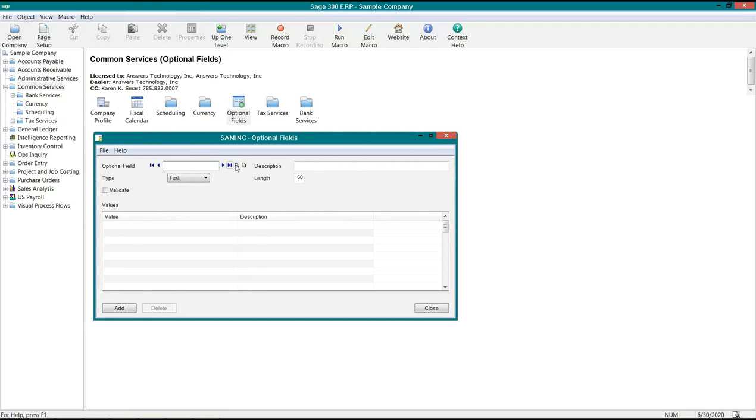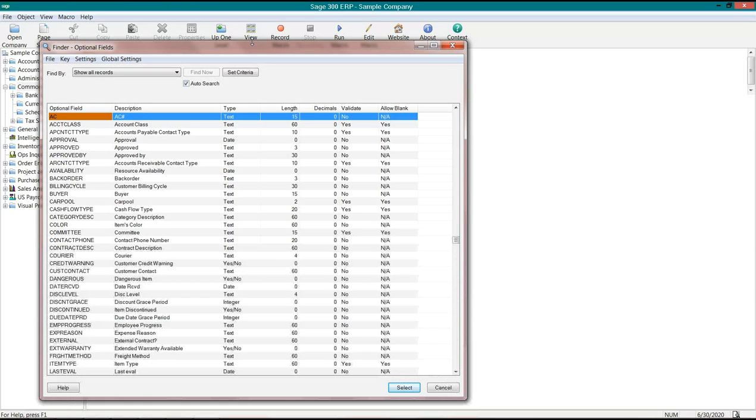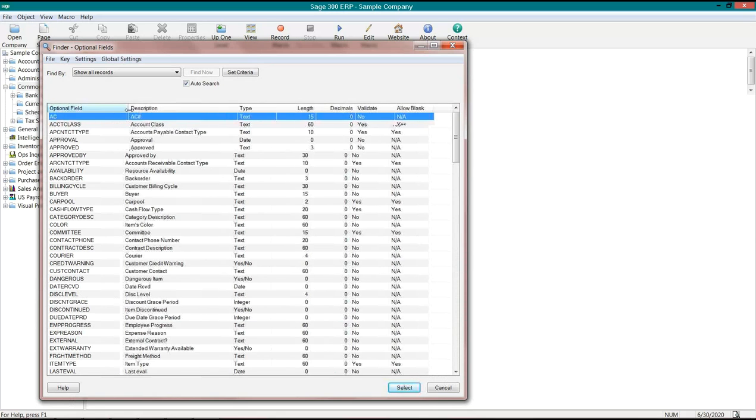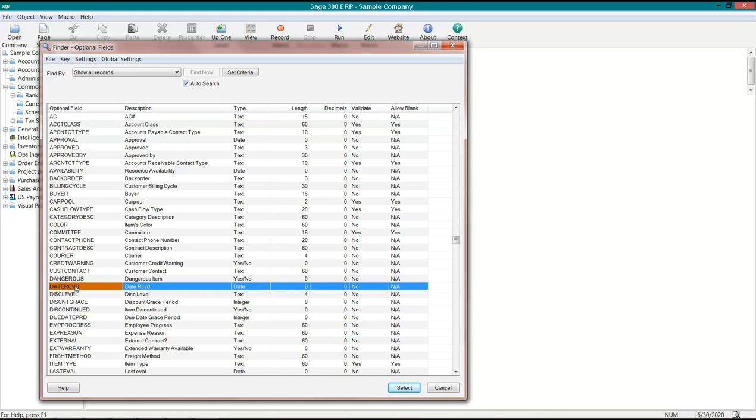So let's look at some of the optional fields that are in the sample company, which you guys do have access to, and so you might go over there and get some good ideas about how you want to use optional fields for your company. So you can see there's quite a few in this sample company. Optional fields are not related to the modules here. This is just where you set up the optional field that you're wanting to track information about, whether it has to do with a vendor, an item, a customer, or an employee even,